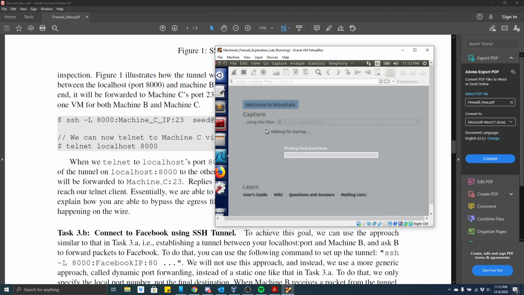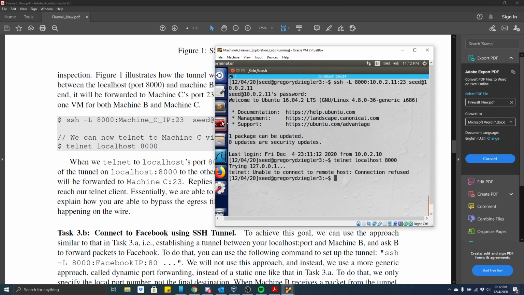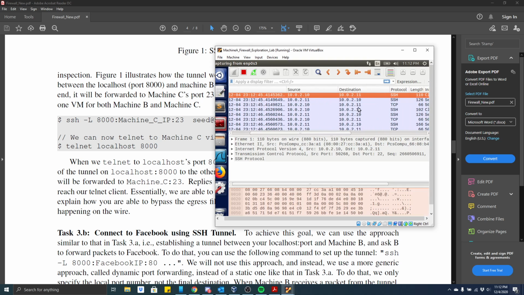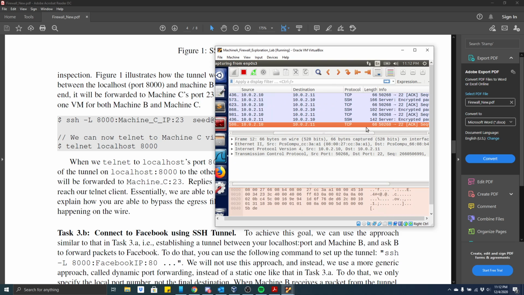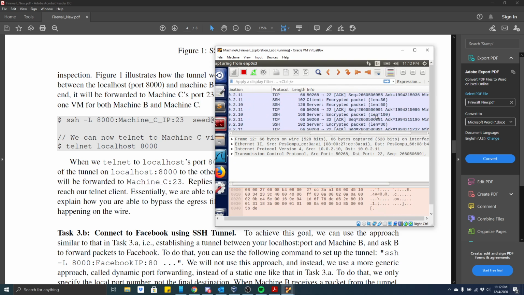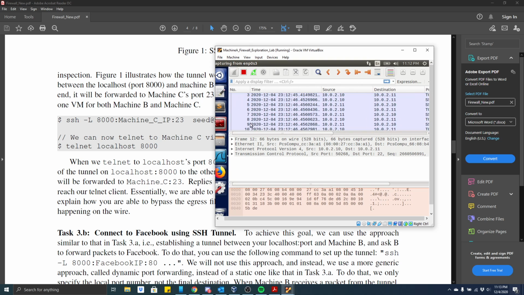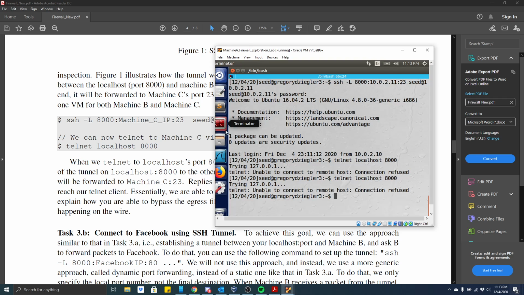And let's see if it's working on Wireshark. Why is it not working on Wireshark? SSH is encrypted. So I guess it's using the connection, but it still works. I was still able to SSH in, so I think it was still able to work, despite the fact that telnetting